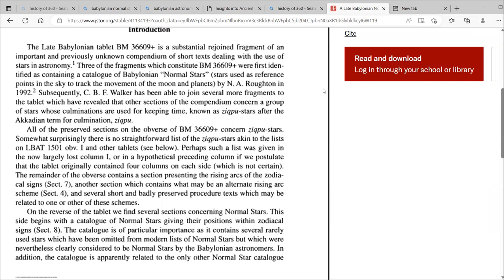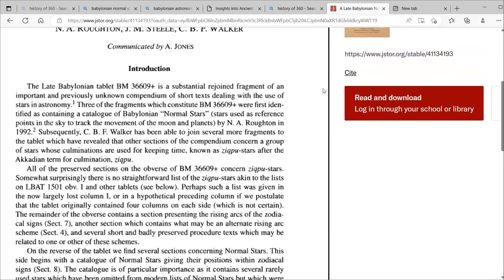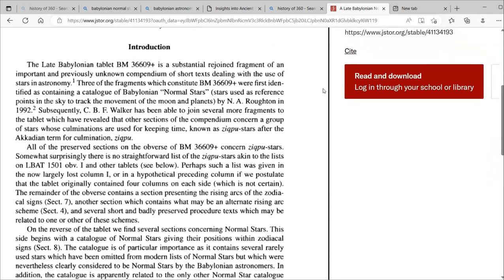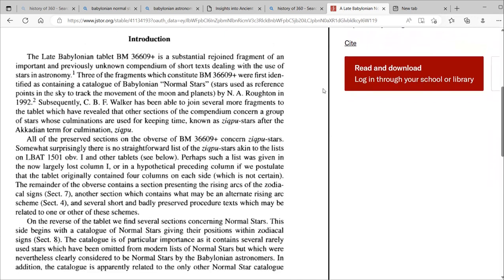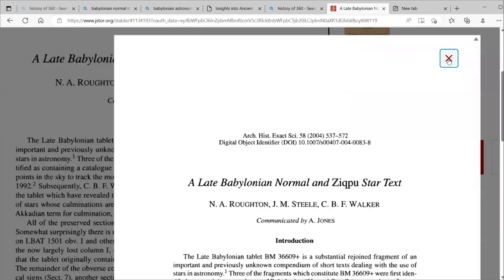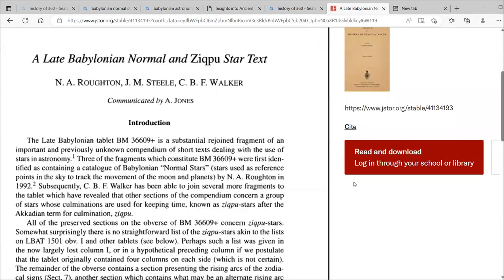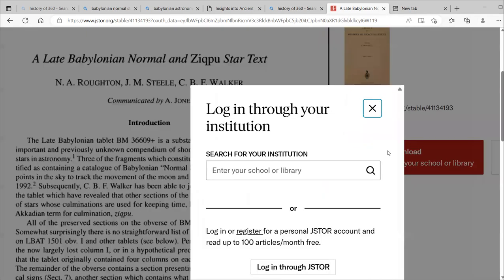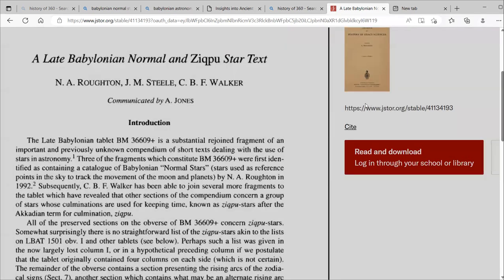I'm not going to keep reading it, because I'm making it worse than it is. But I think what is interesting that I found here was the beginning part, where it says that